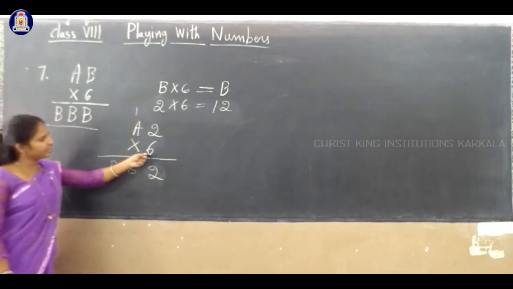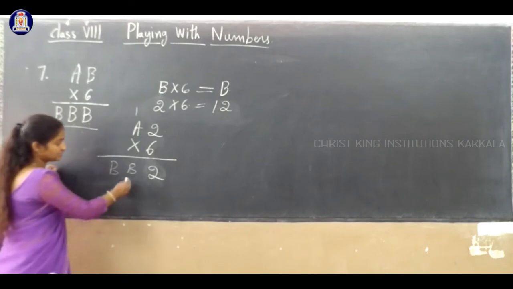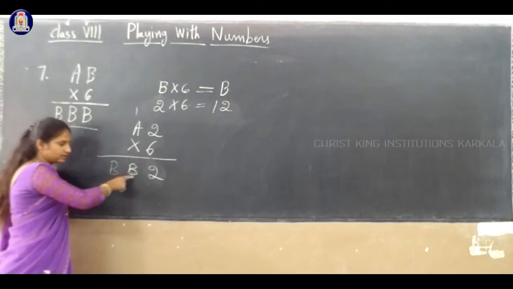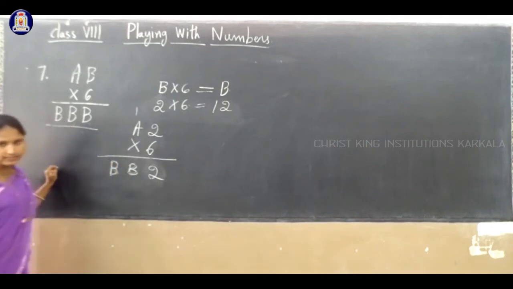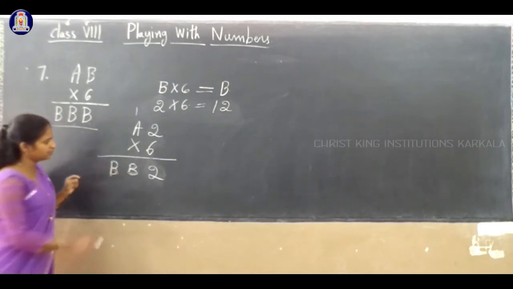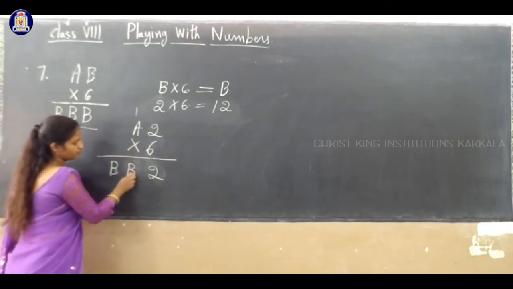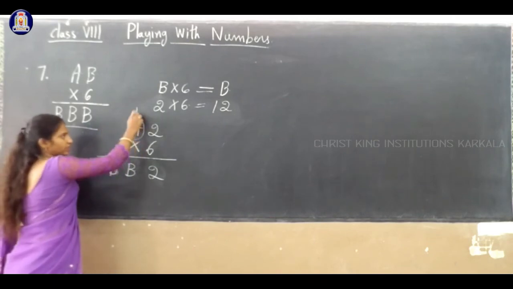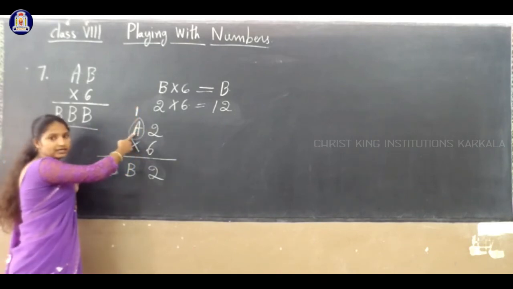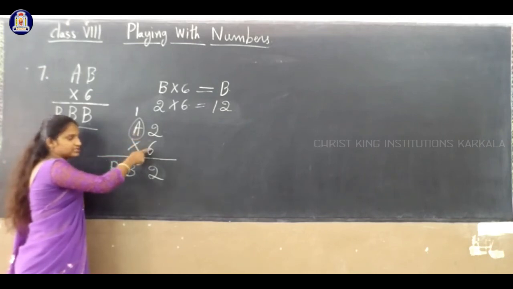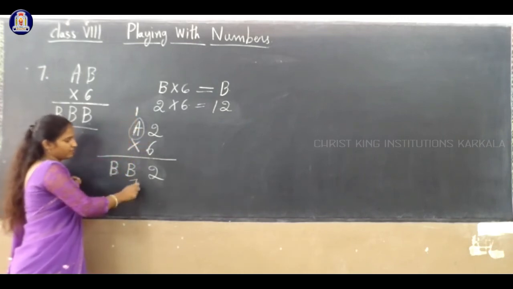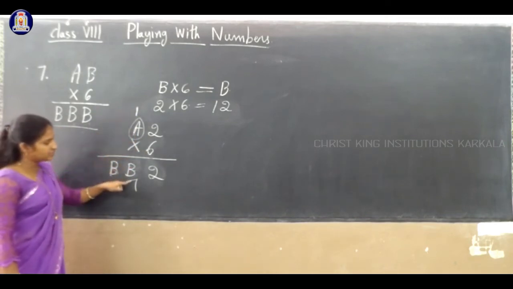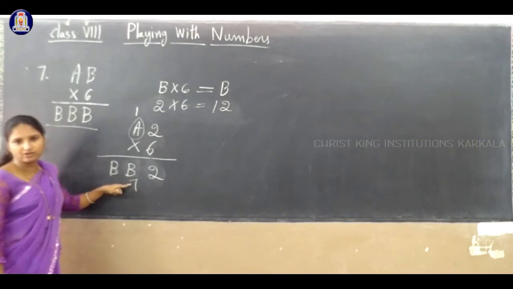Now, what value can we give to A? We should get answer B is 2. B here we got 2, and in the next step also we should get 2. Now can you get answer B is 2? We'll check. If you consider A value is 1, what happens? 1 into 6, 6. 6 plus 1, 7. See, 6 1s are 6, 6 plus 1 will get 7. Is it possible? No, this is not possible.